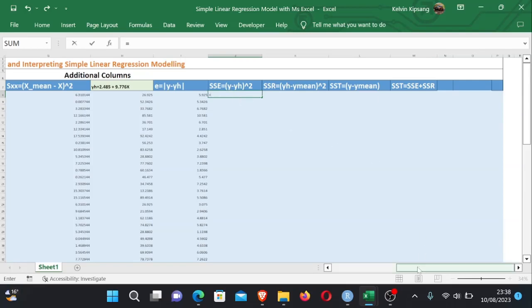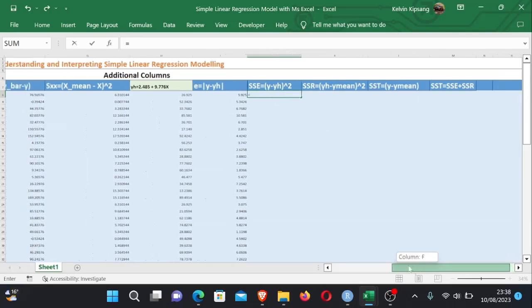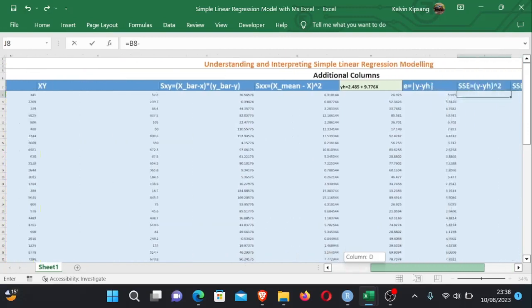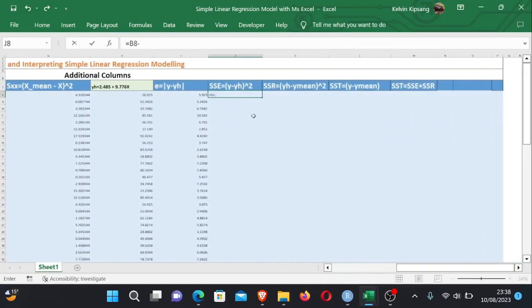sum of square of error. I just go to the dependent variable. Then I subtract the estimates here. Then I wrap with parentheses. Then I'm squaring and hit enter. Then if I drag down here,